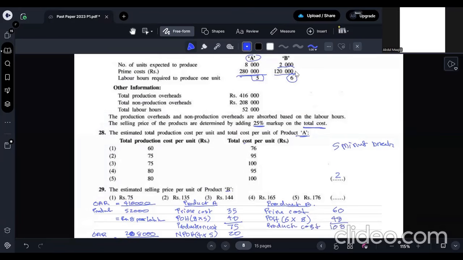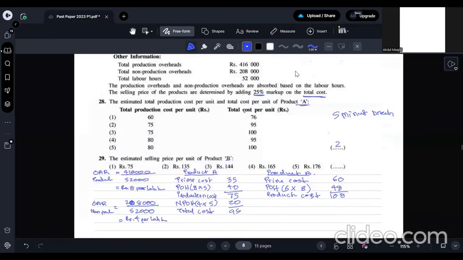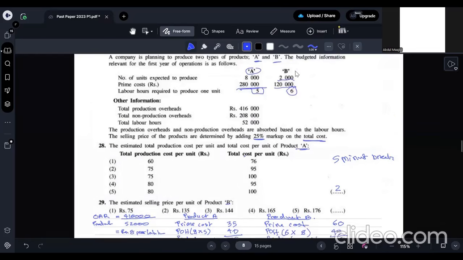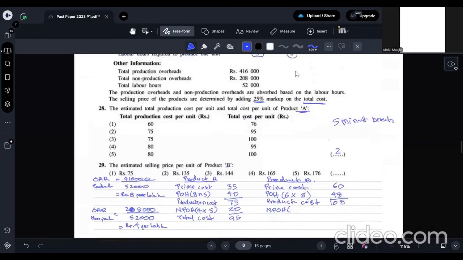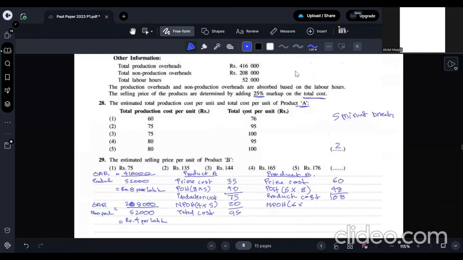Now here what are they saying? They are saying to calculate the selling price on total cost, not production cost. And to the production cost, you have to add your non-production overhead as well. So non-production overhead is 4 per labor hour, we found. So labor hours required to produce 1 unit of B into 4 per labor hour. That will be 24. Then your total cost will be